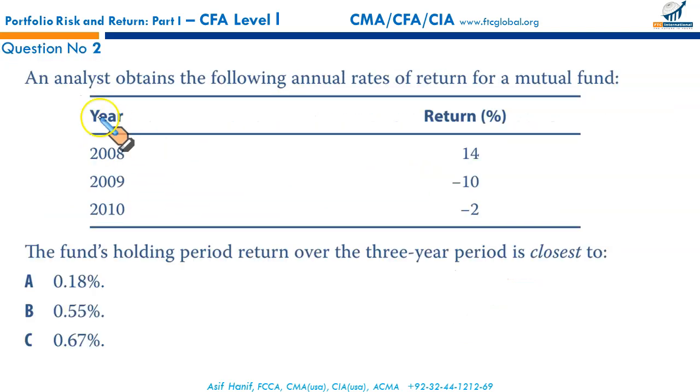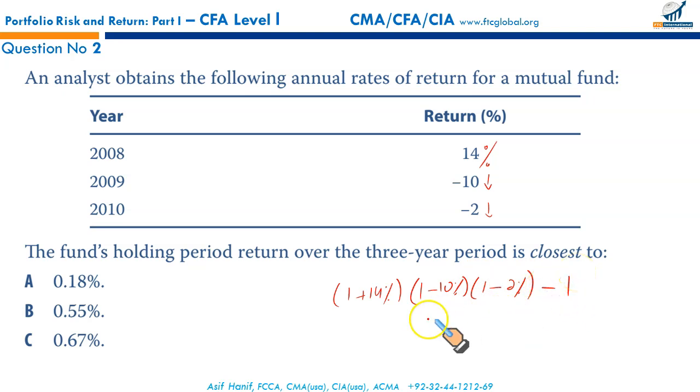Next, an analyst obtains the following annual rates of return for a mutual fund: 2008 14%, 2009 minus 10%, and 2010 minus 2%. The fund's holding period return over the 3 year period is closest to. The fund has increased by 14% in the first year, fell by 10%, and then again fell by 2%. So we can do it in a straightforward way. We can write it the way 1 plus 14% times 1 minus 10% times 1 minus 2%